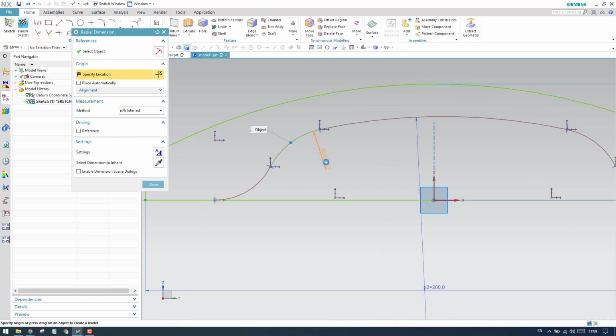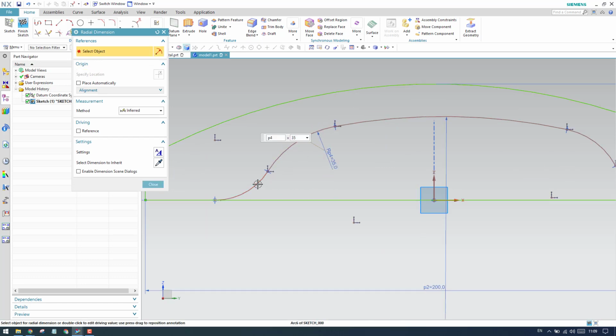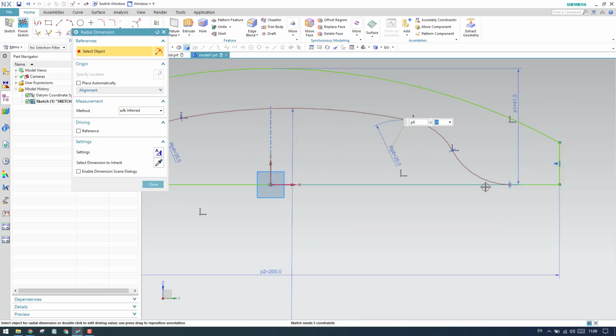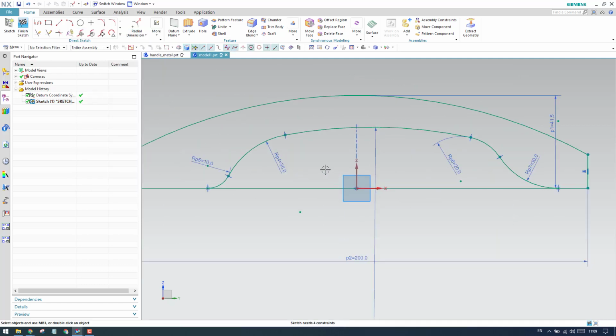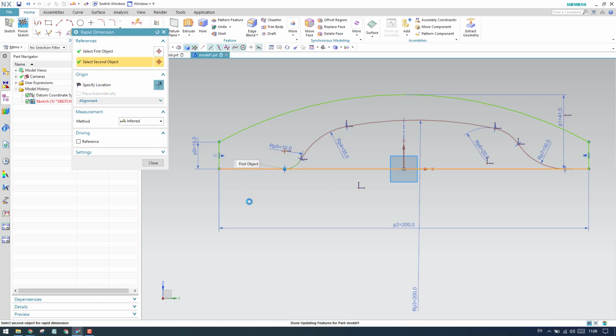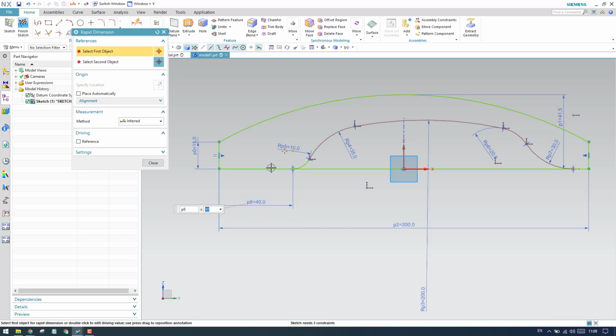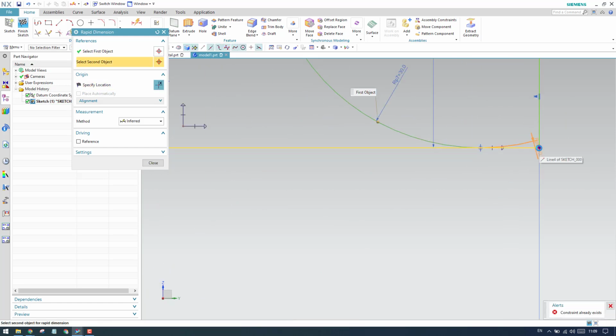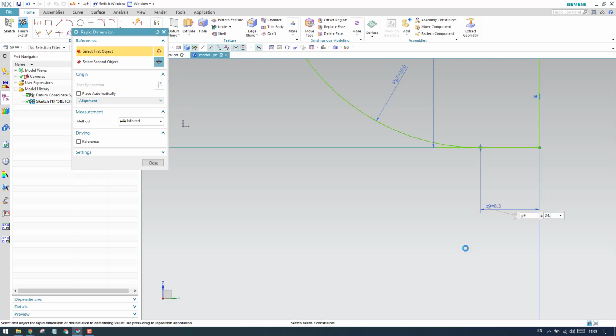This should be 35, and this should be 10 mm. In the same way this is 20 mm and this is 30 mm. Let us give the dimension from this to this, it will be 40 mm. From this to this it is 40 mm, and we have a dimension here as well, that is 24.2. So this should be 24.2.